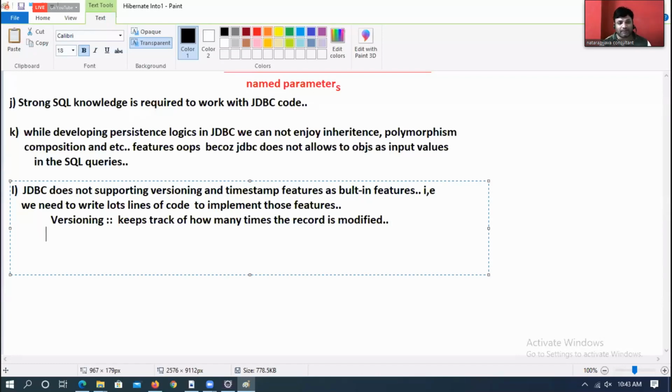Then timestamping. Timestamping keeps track of when a record is inserted and lastly modified.